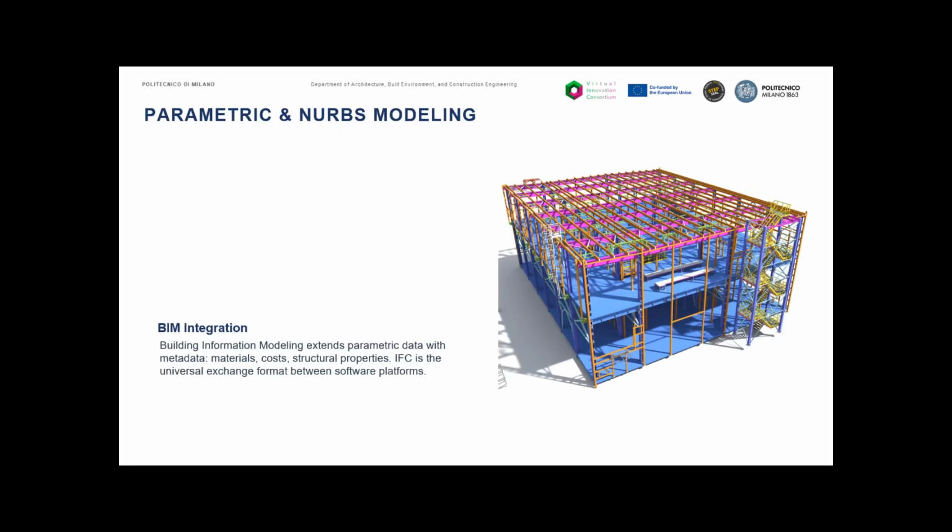Here, we will talk a little bit still about the BIM integration, because here in Politecnico, we use a lot of BIM. So BIM extends parametric modeling with the semantic data. So in a BIM model, building elements carry not just the geometric description, but also properties. Their material, thermal resistance, structural loads, fire rating, costs, relationship to other elements like